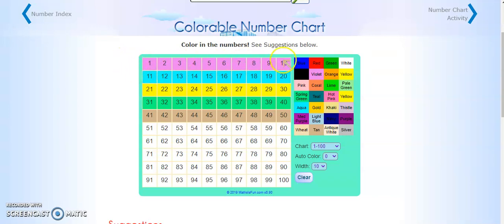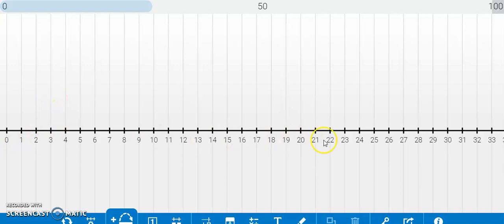So if we were to cut this chart up into single little pieces, and normally I would, if you were in my classroom or if we were in a classroom together, I would give you a 100 chart like this, and then we would cut the strips. So we would cut the purple strip, the blue strip, the yellow strip, the green strip, and the tan colored strip, and glue it together so that it would look much like this. So the number line here is important